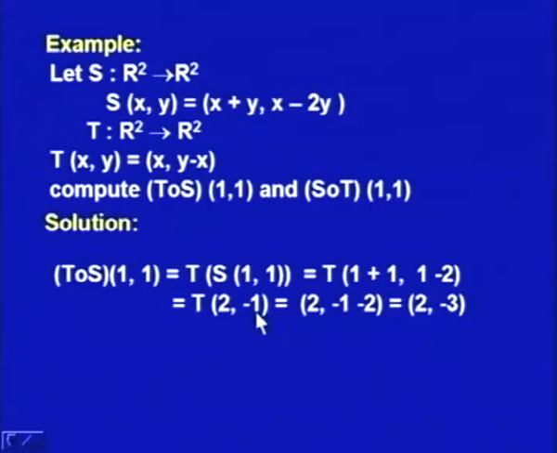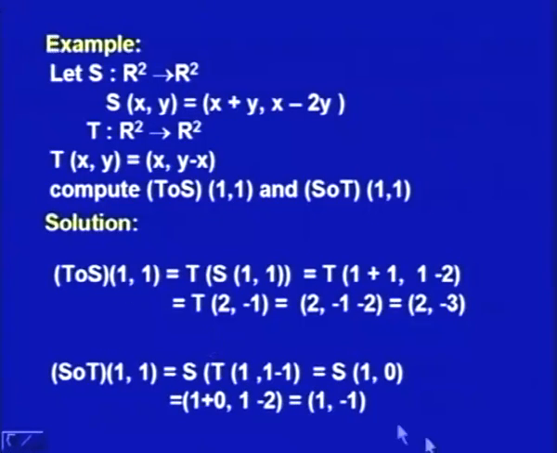Then I apply the definition for the second transformation T, and this means x is equal to 2. So, this is x, and the second component will become y minus x, y is equal to minus 1 and x is 2. So, it becomes minus 1 minus 2, and finally, it is 2 comma minus 3. So, T composite S of 1 comma 1 is 2 comma minus 3,